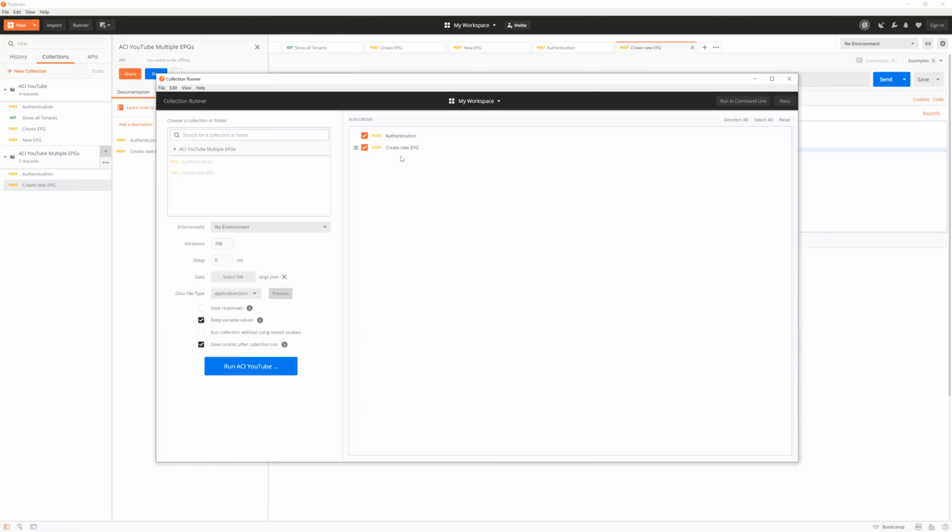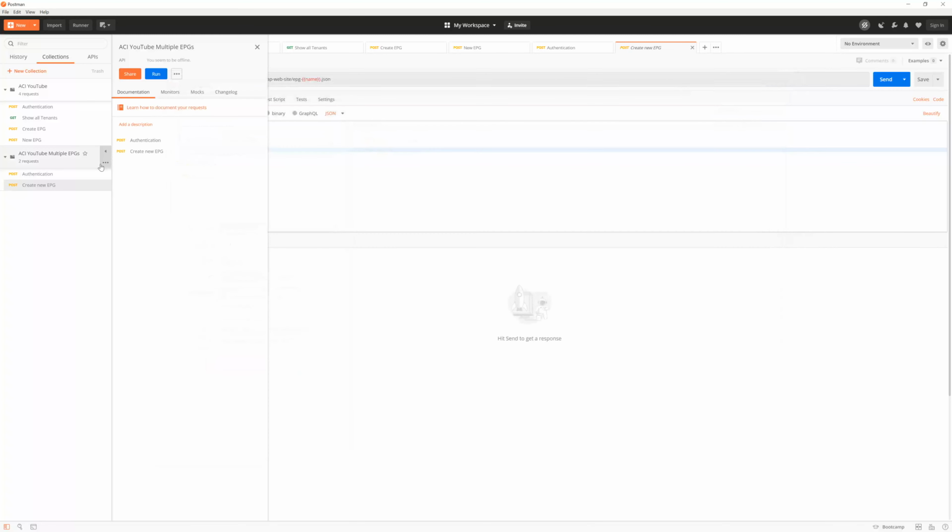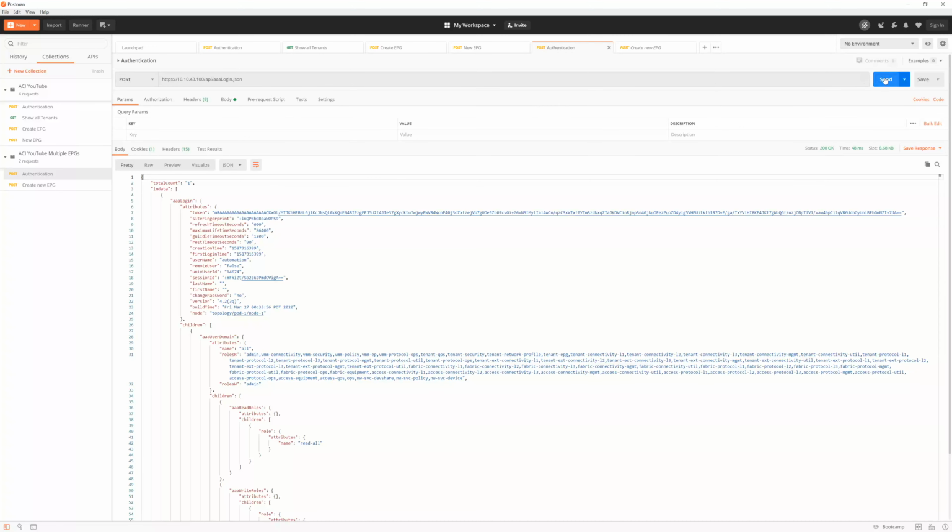Here on the right side, you can see our requests from that collection. And actually, we can disable authentication if we authenticate beforehand. If we don't do that, we will actually send 200 requests, because for every single iteration, Postman will send an authentication request and a create-new-EPG request. Authentication we really need to do only once. So I will close it. I will authenticate beforehand,